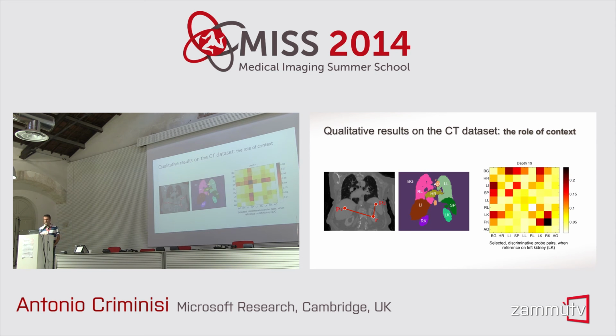We can go on and look at cross correlations. For instance, let's try to understand really what this context is doing. If we condition ourselves to have the reference point in the left kidney, in medical imaging, as you know, left and right are inverted because this is seen from this way. So in the left kidney, we have R, the reference point. If I use 2 probes at every split function, in which region are the 2 probe points more likely to be?